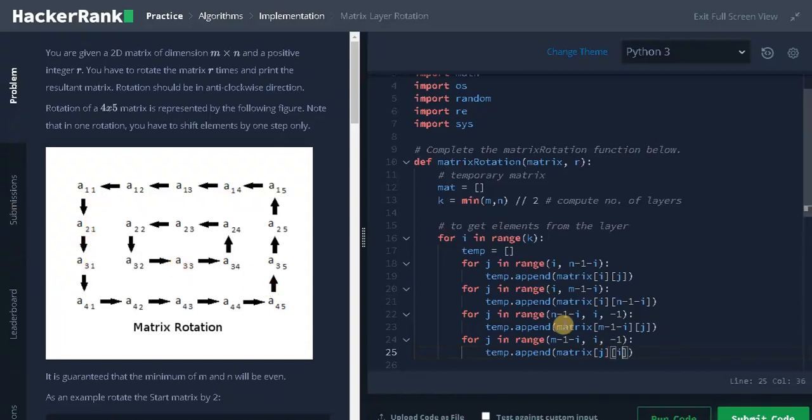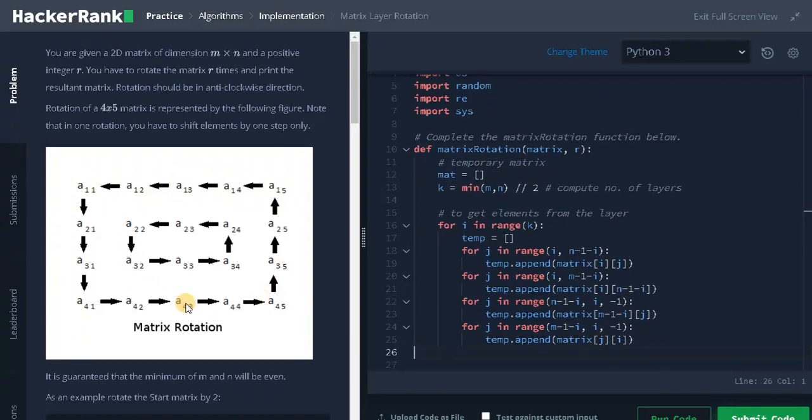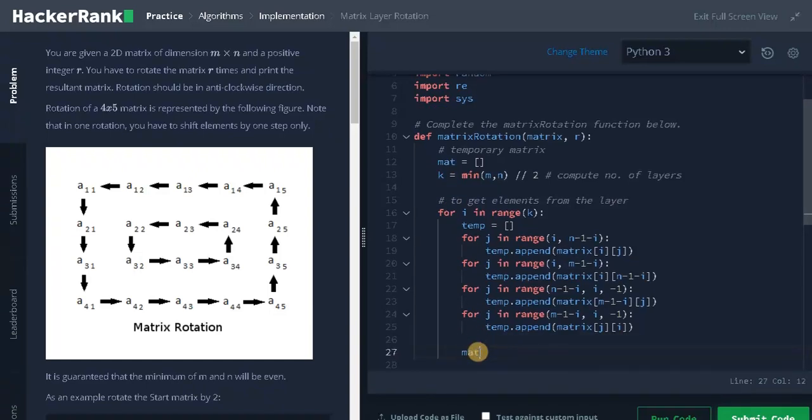Initially it will be 0. After adding all the elements from the outer layer, we are going to append the temporary list to the matrix, that will be mat.append(temp).